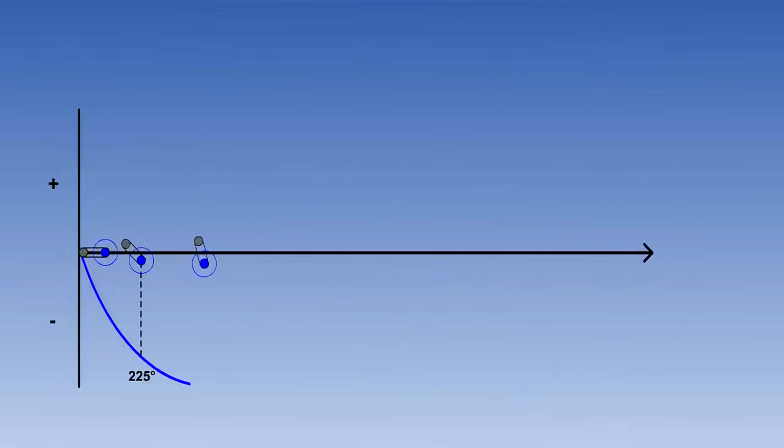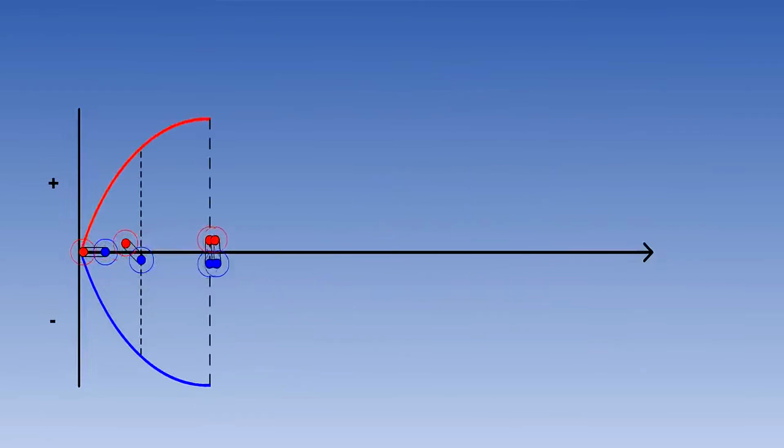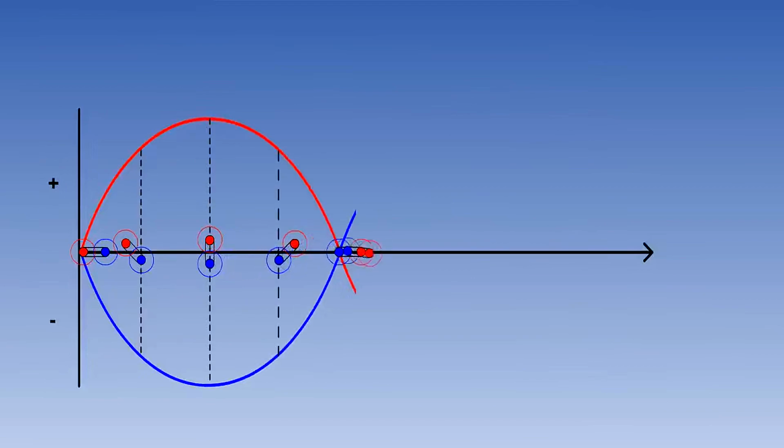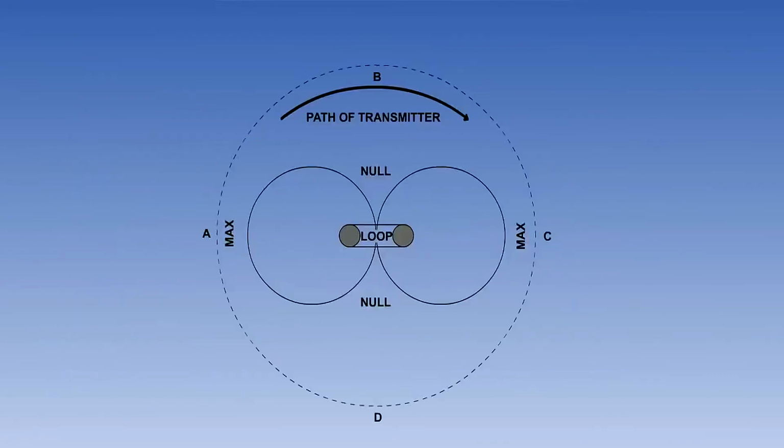At the same time, the other blue element of the antenna is following the opposite pattern. It is 180 degrees out of phase. If we place the two patterns together, we get a figure of 8 polar diagram of the beacon signal strength at all points of the loop antenna. There are two positions at which there is no difference between the strength of signal received by the two vertical elements of the antenna. At 90 and 270 degrees on the sine wave, the signal difference is said to be zero, or null, shown at positions B and D.